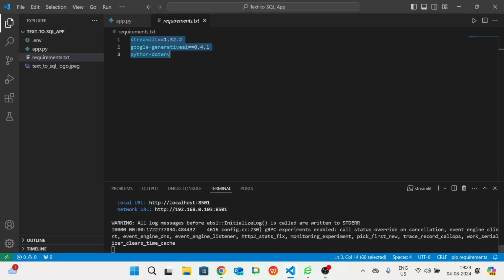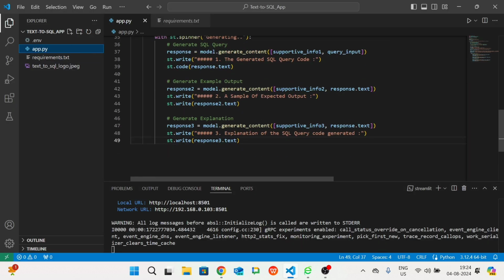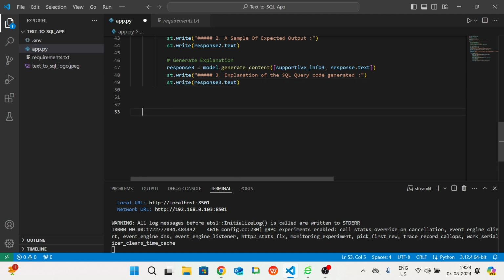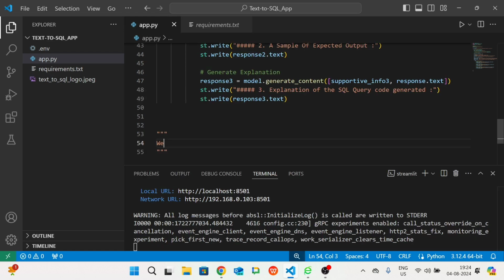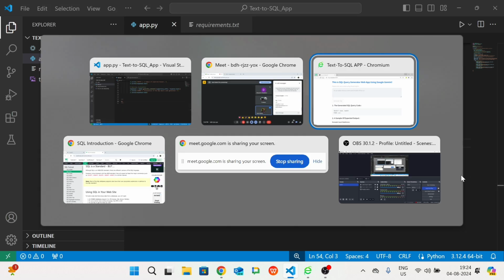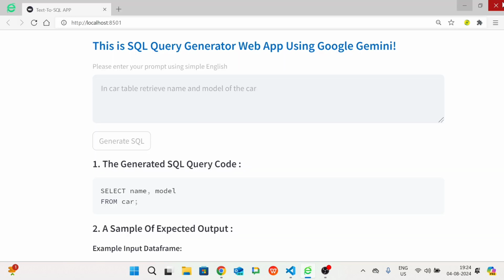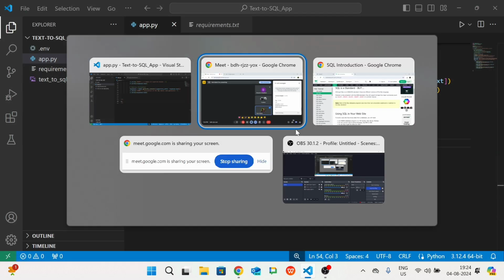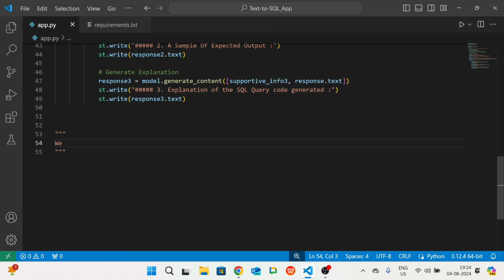See now, let me also explain one more thing here. That is, what will be the flow of our code. Let me zoom it. Let me close our app now. We'll run it again after the completion of it. See here, focus here. A very important thing for you is our web app. The user will come to the web app and provide a question.